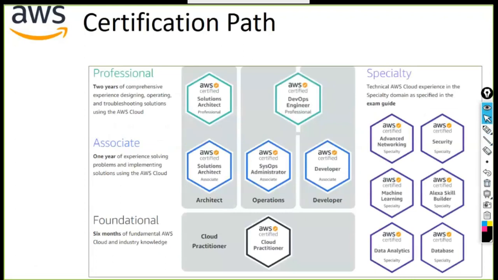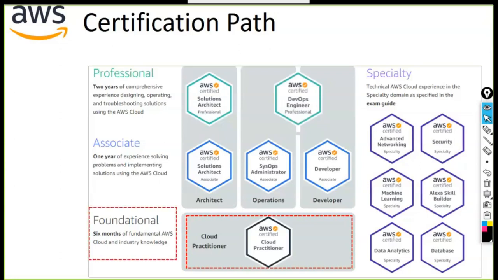Here, if you look at it, this is the complete view of the AWS certification layer. If you see here, there are three major layers introduced. Okay, the first one is nothing but your foundation layer, the cloud practitioner. The cloud practitioner is the first certification that we need to start with when it comes to the AWS certification path. Now, this is a foundational layer. Please be noted, it is a foundational layer, and we need a minimum of 6 months of experience on AWS. You should have worked on the AWS platform for a minimum of 6 months.